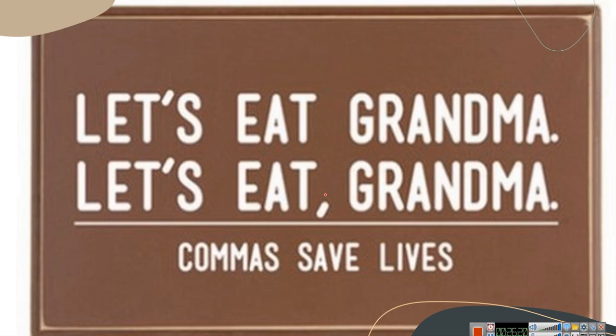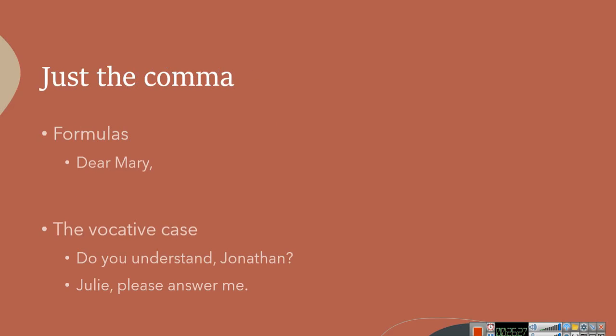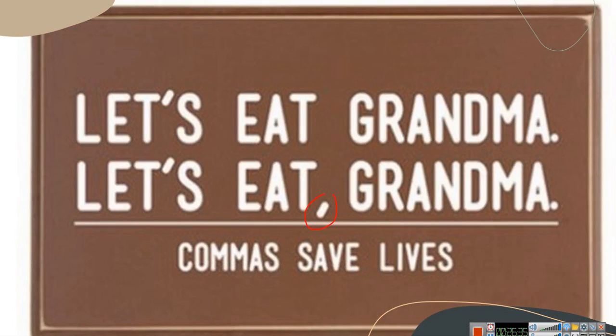That was just the single comma. We call this type 1 comma because we use it for enumeration. What was the other one? Verb omission, formulas, and especially remember the vocative case. In the case of this example, this is called the vocative case because I'm addressing grandma, saying that I want her to eat with me. So vocative is just the Latin word for vocablo, which means subject.